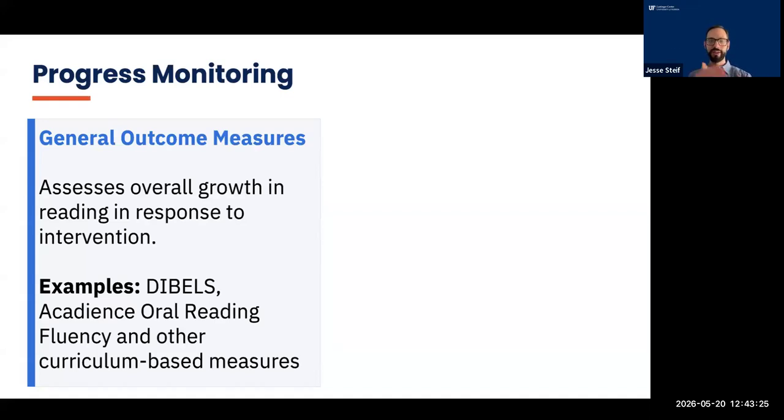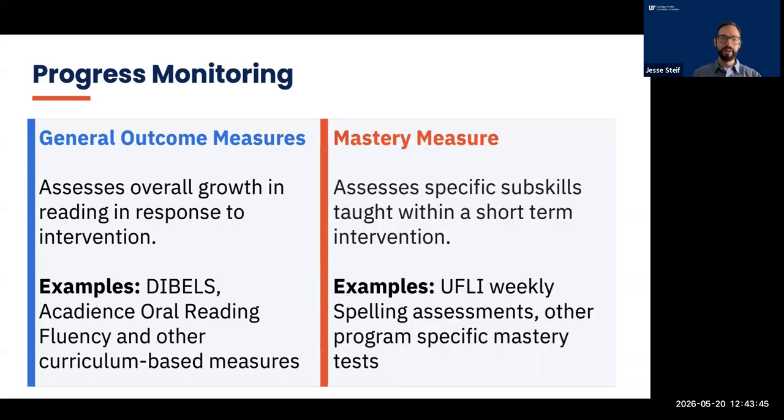Are we changing their trajectory? Are we changing their path, moving it from, oh boy, this student is really in trouble for this end of year test, to the student is lessening and lessening their risk for issues on an end of year assessment? And then the other type of progress monitoring is known as mastery measures, which are typically